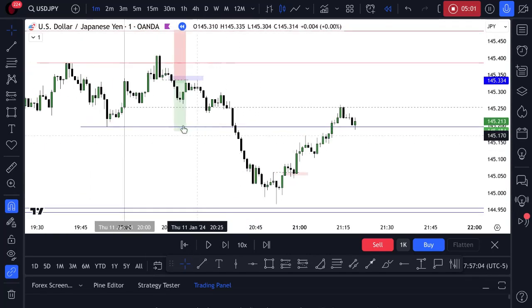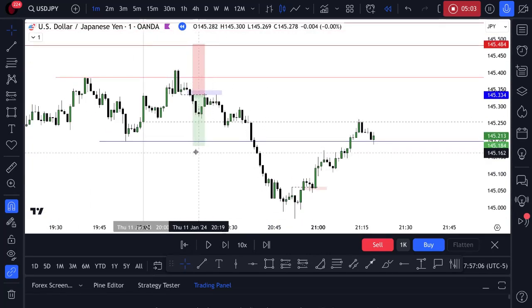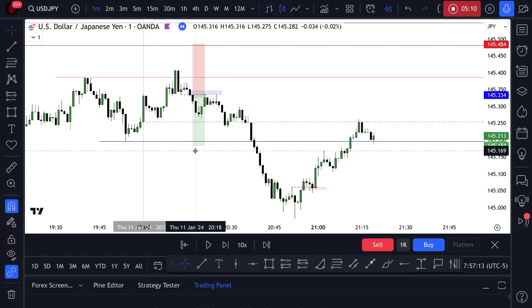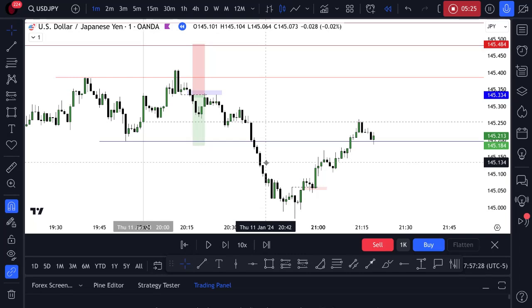We can even see that this trade idea happens very early in the session. This took no time at all. This entry started and formed at 8:17, and then we got the entry at 8:21 p.m. and we were able to hit profit at 8:38. So really quick. As you go through the series, you watch the episodes, you can see how sometimes it